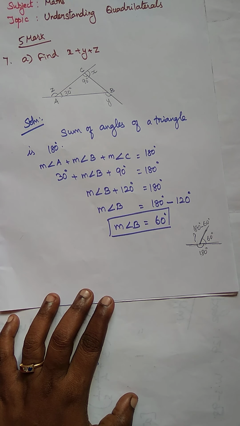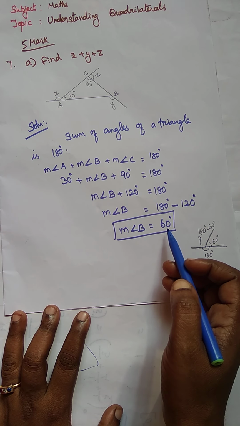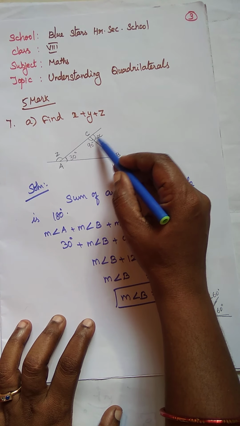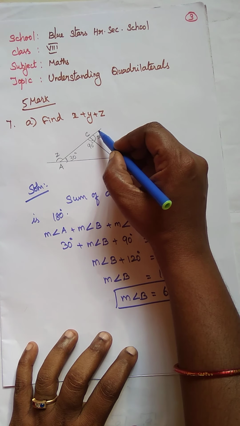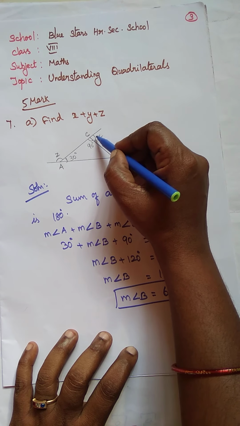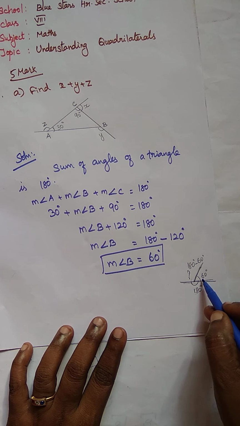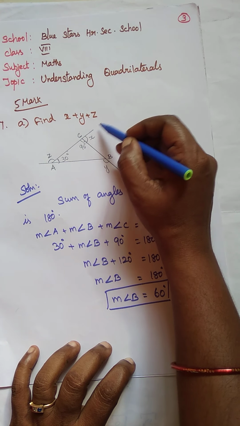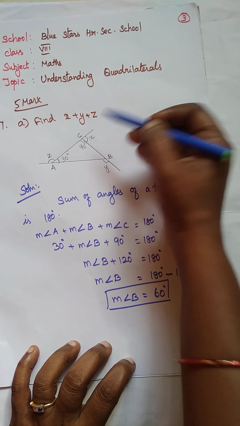Now in the first step, angle B is found, that is 60 degrees. Next, x plus 90 degrees. Here, the linear pair: it's a straight line, and another line cuts it. So x plus 90. When we add these two angles, we get 180 degrees. Even if a line cuts and divides it into two, when we add those two angles we get 180 degrees. So using the same method, x plus 90 degrees is equal to what? 180. We use that now.